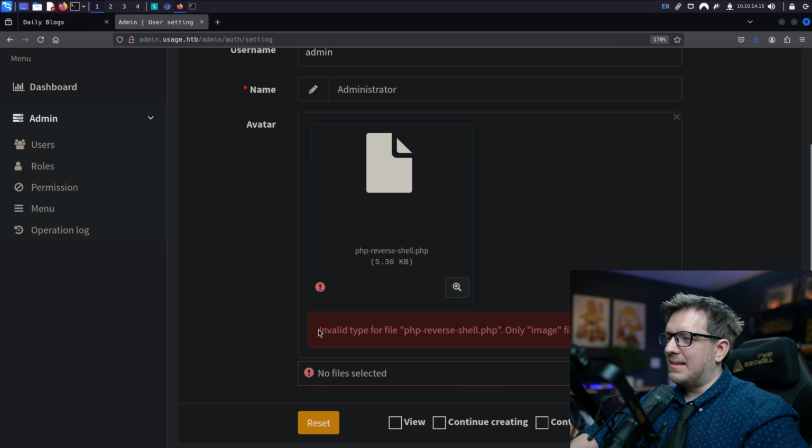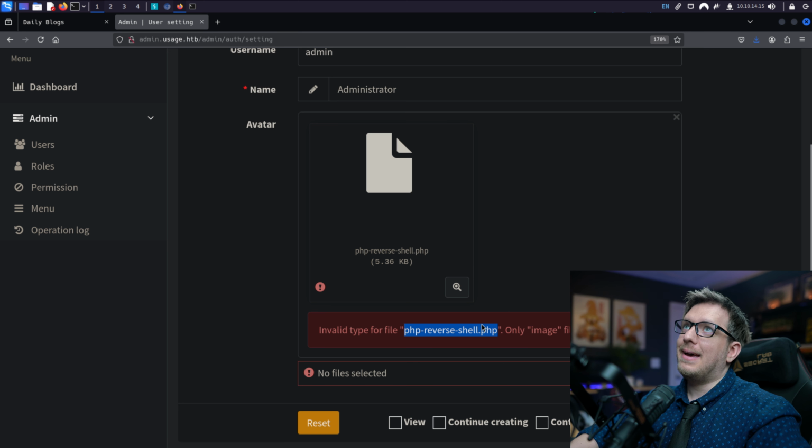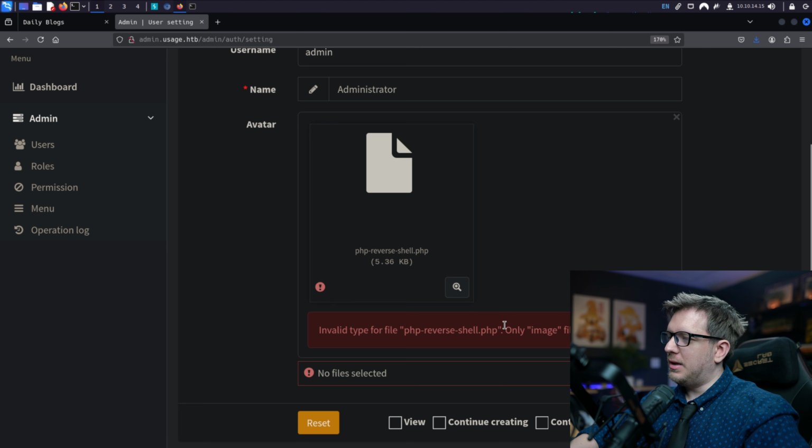We're getting an invalid file type, so this isn't working. The .php is being flagged by some filter. I guess the alternative is, instead of doing a PHP, and I don't know the logic behind how it's being filtered, let's change this from .php and add an extension to it. So we're adding the .jpeg, and hopefully we can fool the whitelist, blacklist into executing our PHP reverse